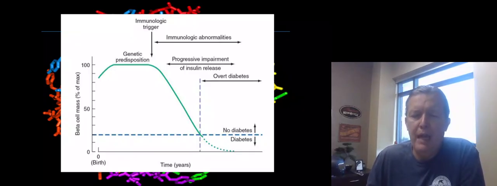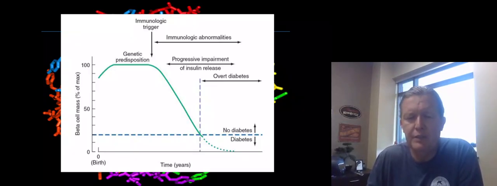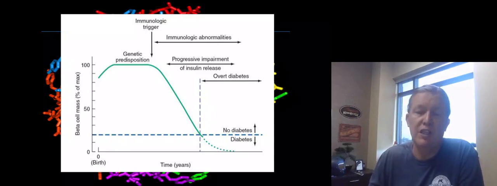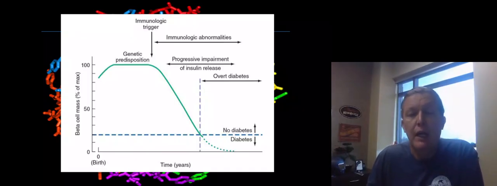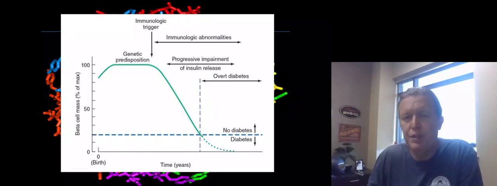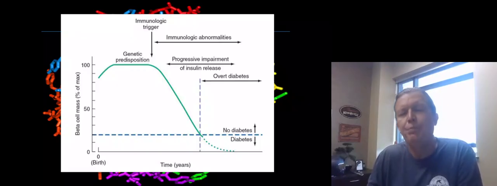When they actually manifest with overt diabetes. That's what the slide depicts here, because you'll see the cross section of 20% cell mass. When they meet that, the individual continues to lose cell mass, but at that point, they have overt diabetes. Now, as this slope decreases, as it moves from 100% to 90, 80, 70, 60, 50, then over time,